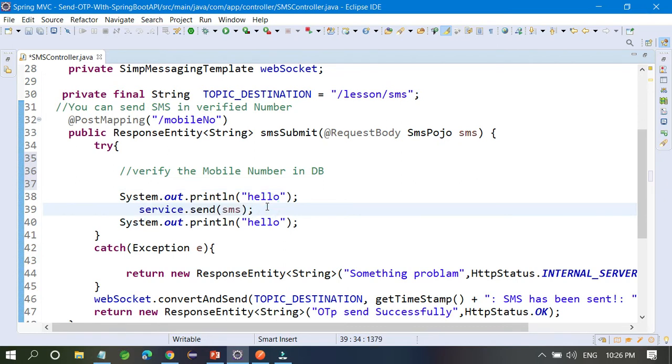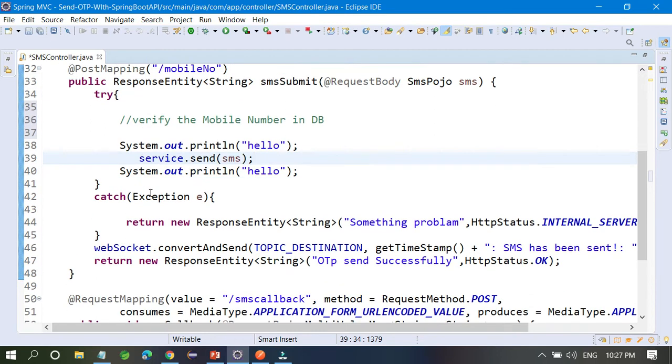Yeah, it's fine. Okay, good. Then you have to call this service. So in this service you are going to send only SMS. The SMS is one of the SMS type objects, this one, SMS POJO, and apart from this you are generating the OTP in that place only, this service only. So you can generate it in that place also and save it also.